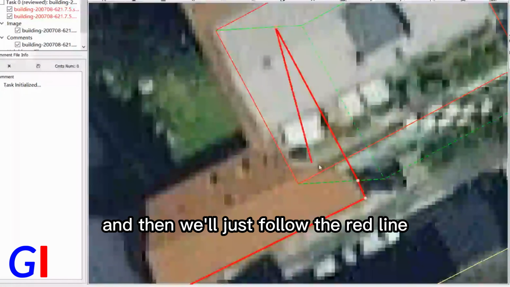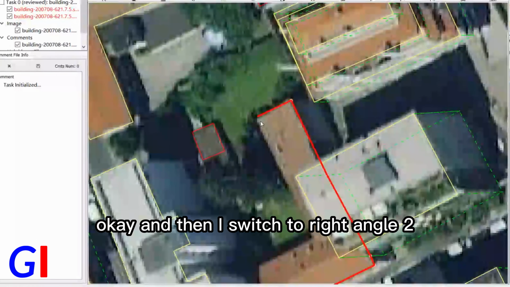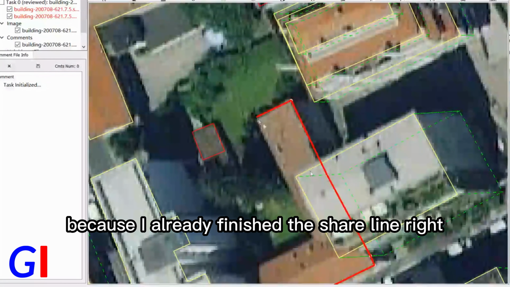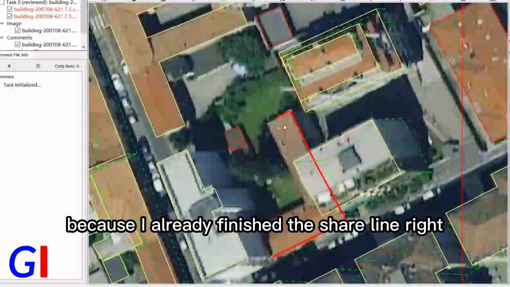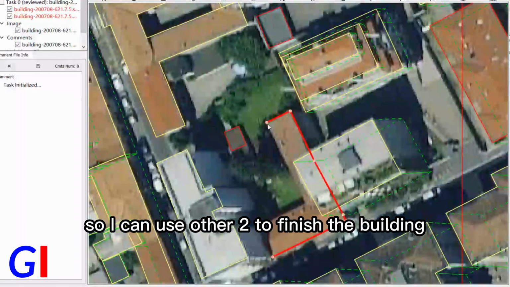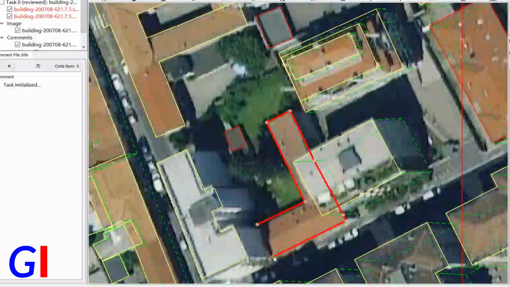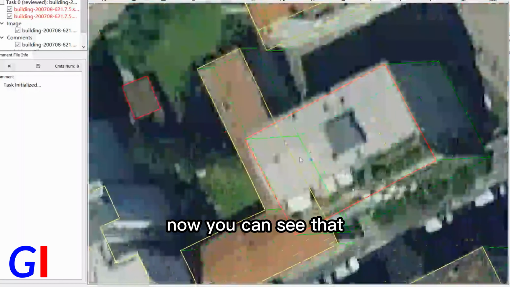And then we'll just follow the red line. Okay, and then I switch to the right angle tool because I already finished the shade line, right? So I can use other tools to finish the building. Now you can see that